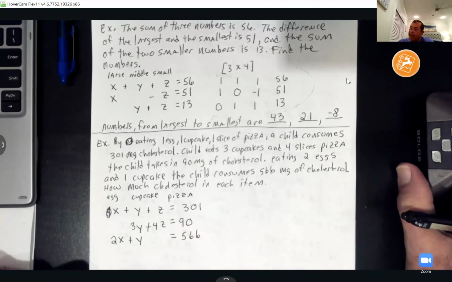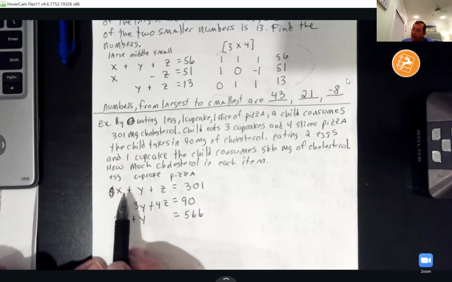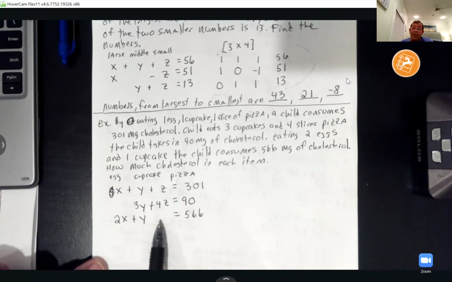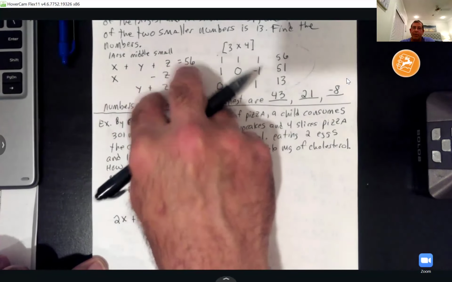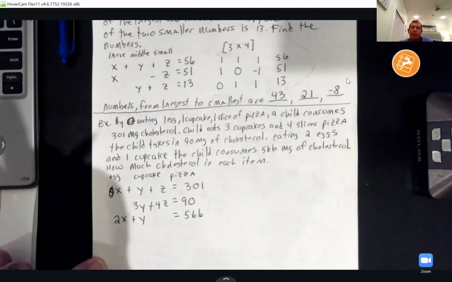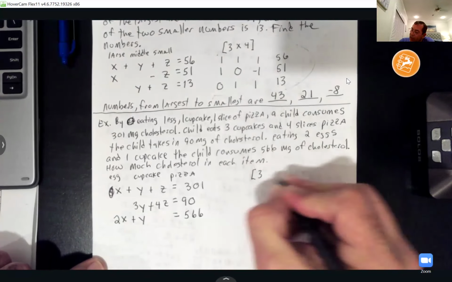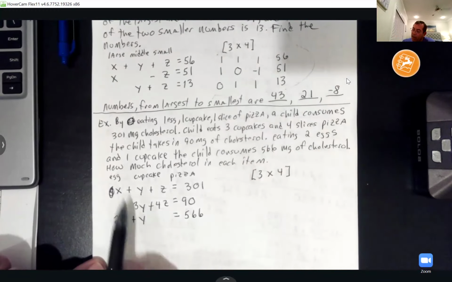So once again, notice you're missing an X here, so you could use these 2 to get rid of the X. You're missing a Z here, so you could use those 2 and get rid of the Z. Either one, they're going to be very similar to that when working them by hand, like I did with the triangles. So once again on the calculator, 3 equations times 4 columns. Our numbers will be